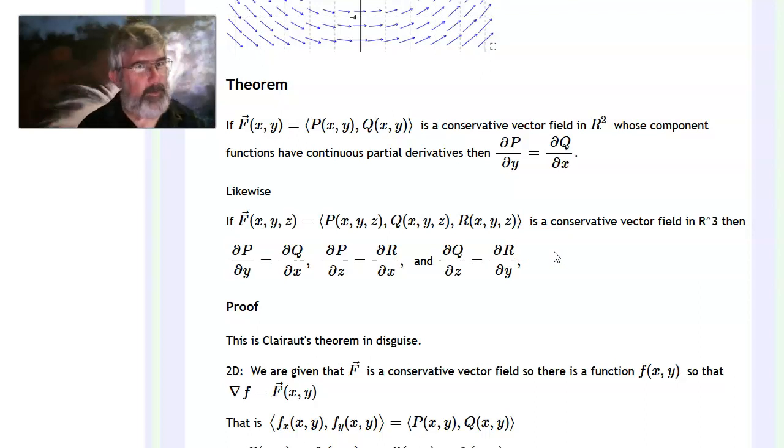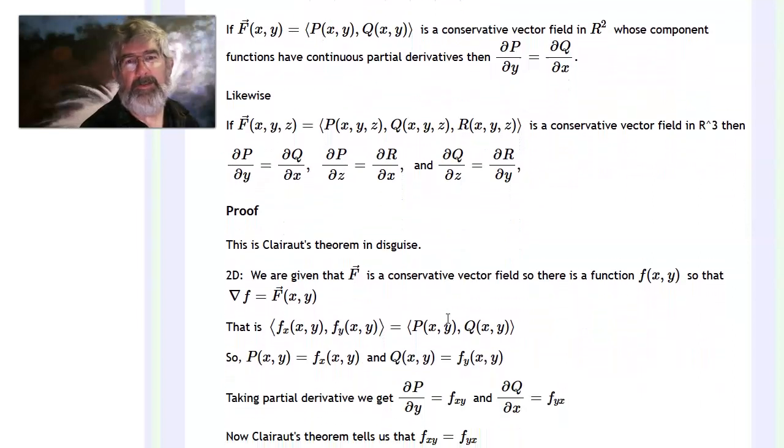Notice it's not saying the other way. It's not saying if these things are true, then it's conservative. This is just a one direction theorem. And the proof here is essentially Clairaut's theorem from Calc 3. And I'll remind you of Clairaut's theorem. Clairaut's theorem was saying that